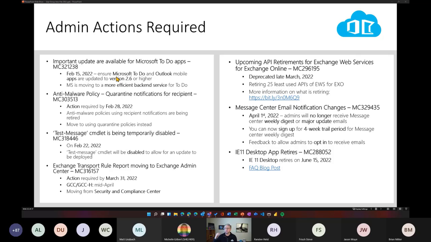Anti-malware policy, some quarantine notification changes are happening in there. The text message commandlet, we talked about that before, but they're updating the service, so they're going to temporarily disable this. If you're utilizing that commandlet for something, just understand that on February 22nd it's not going to work for a little bit until they get some things updated. Other than that,